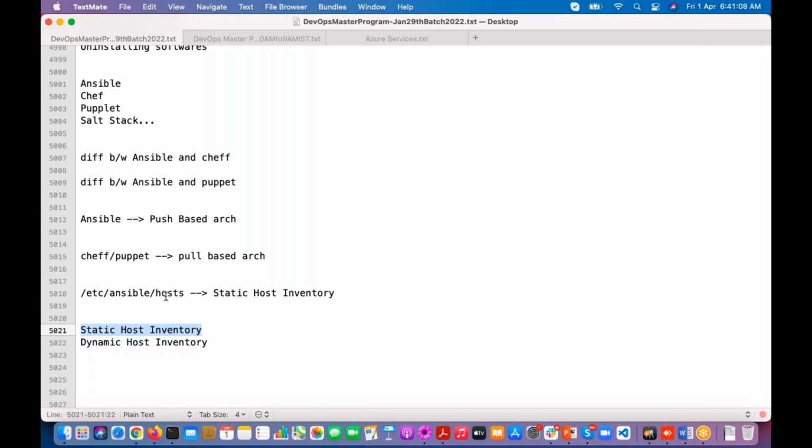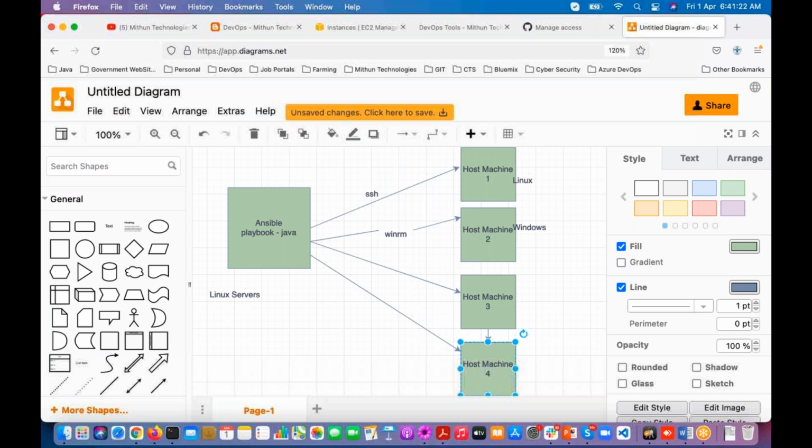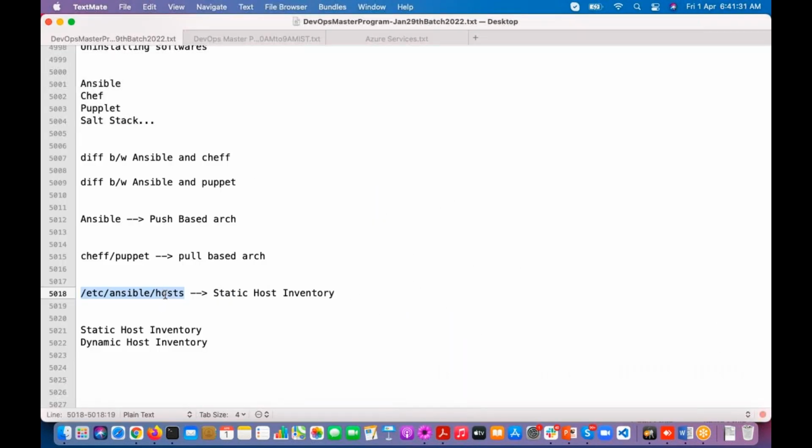We update those host details in the hosts file. This is a default file which can contain all the host machines' IP addresses or domain names. To whichever server you want to connect, that server's IP address or domain name you have to configure in the host inventory file. This is the default host inventory file.